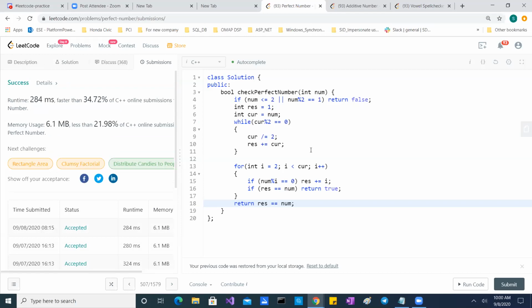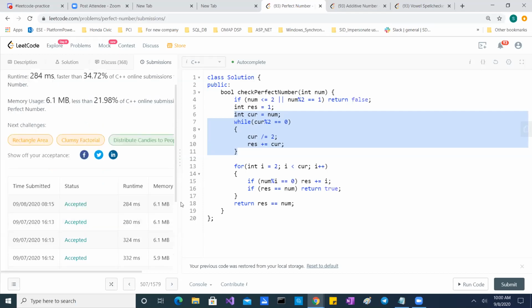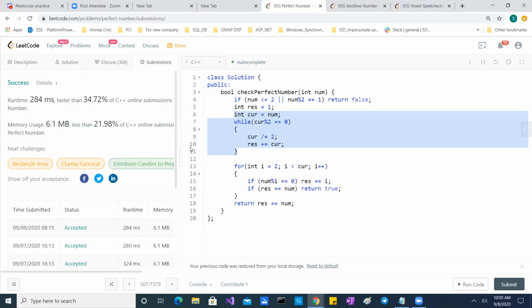The first one I did, I didn't even use all this stuff. I just started from 2 to the last number, not excluding the odd numbers, but it was giving me something like 1088 milliseconds. It was too high. So then I started implementing improvements one by one, and at least it was getting accepted. But I'm not sure this will be a good way; someone may not accept this in an interview, but I just wanted to share.